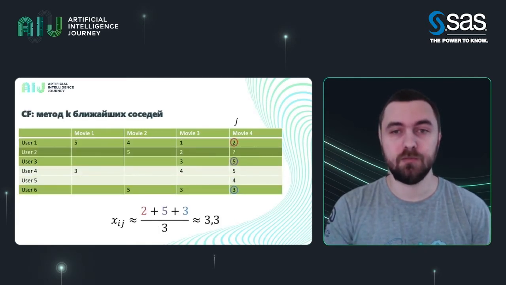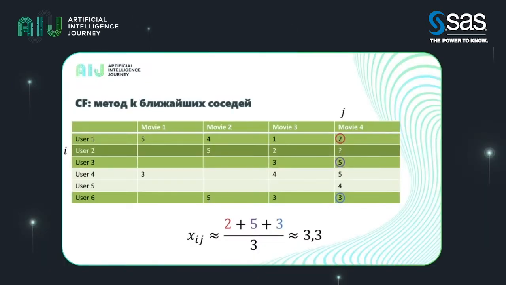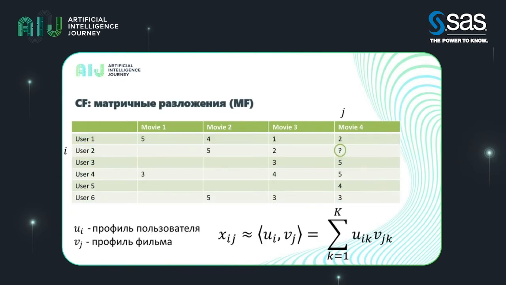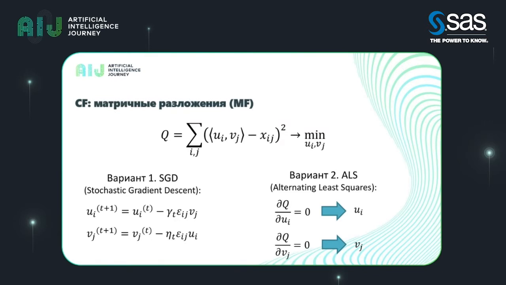The simplest way is probably the closest neighbors method, where we would just find users that are closest to the one we're making a recommendation for and find an average of their ratings. You can also do it item-based instead of user-based. There are advanced methods of collaborative filtering, for example, matrix factorization. We try to build some vectors that would describe the interests of a user and the special features of a movie so that their multiplication would get close to the ratings. It's a popular method, pretty well developed too.